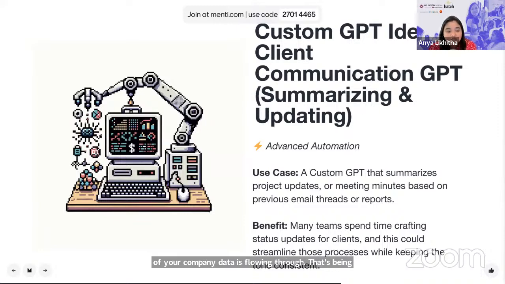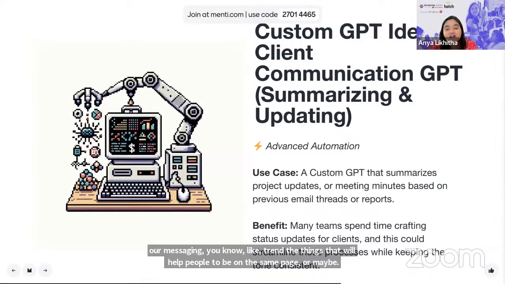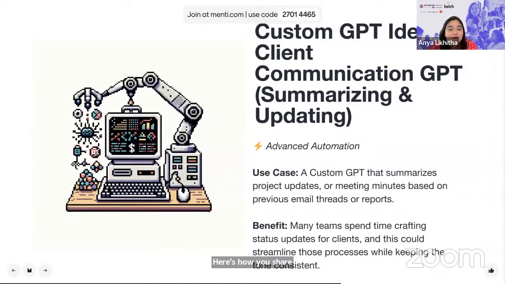So I would say try not to give a lot of confidential data. The stuff that I feel is good to document is like, hey, first day, welcome, here's what you find, here's how the company values our messaging, things that will help people be on the same page. Or maybe it's more like here's how you file receipts, here's how you share complaints, or here's how you share where the bugs are. Or maybe here's what to do when you are planning for an event. Some of them are not that proprietary, but more like SOPs. So I think those are more relevant. I hope that helps. So going back to this, the custom client communication,